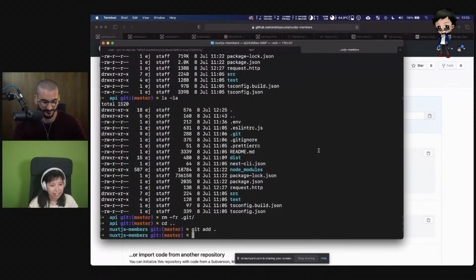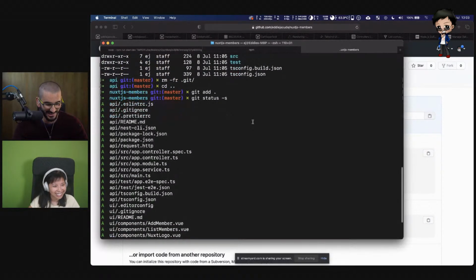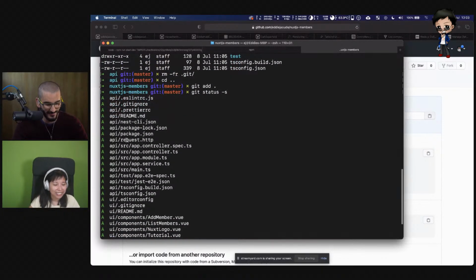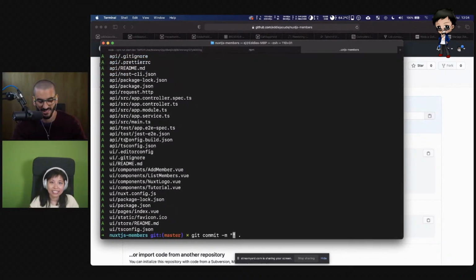Git add. Have all the files from front end and back end. Git commit. Commit everything. Hopefully env is not part of that commit. Let me check. In API, there is no env. It should be ignored by my global git ignore. Perfect, and it is. And we'll say feature